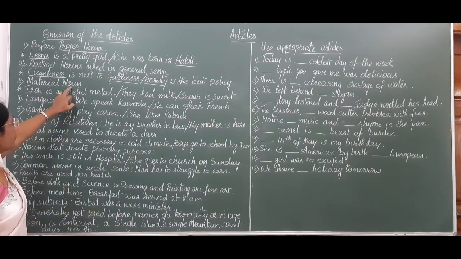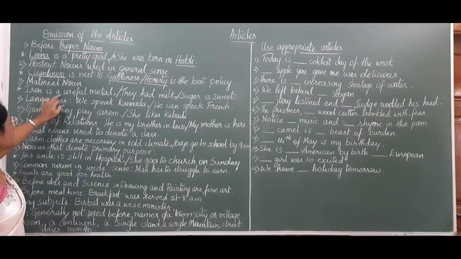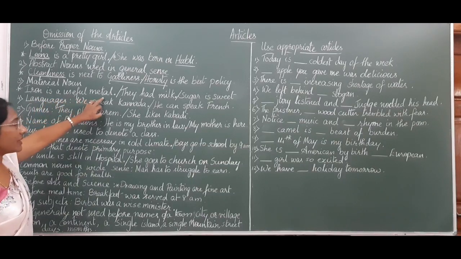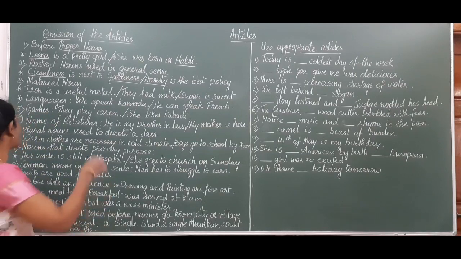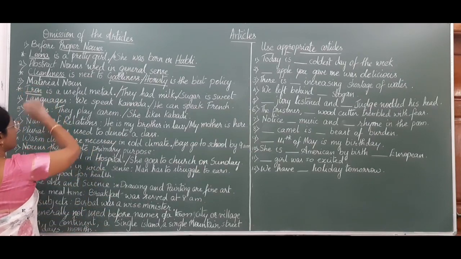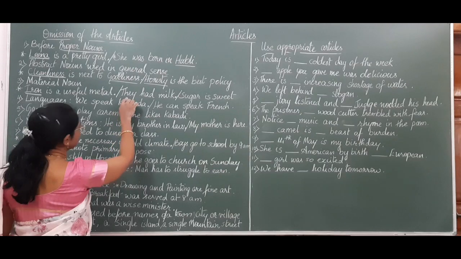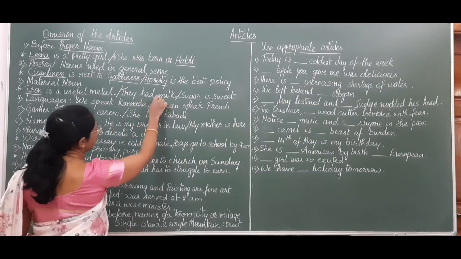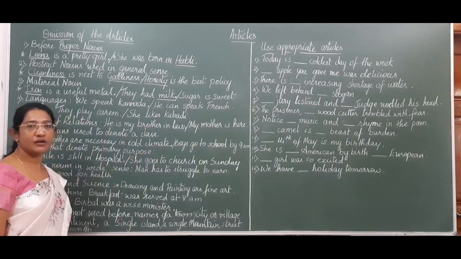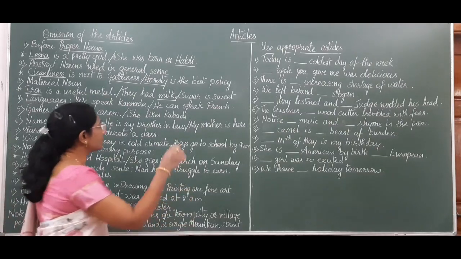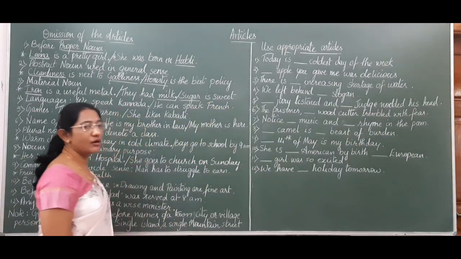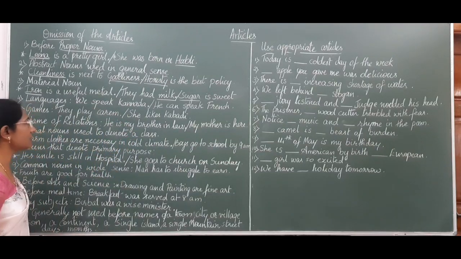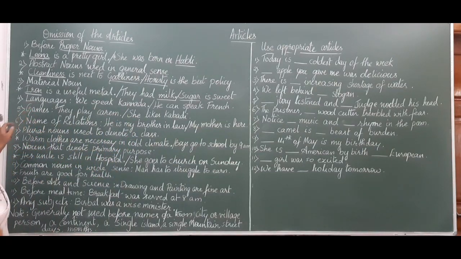Before material nouns, for example, iron is a useful metal. So the material noun iron doesn't take an article. They had milk. No need of an article before the material noun milk. Sugar is sweet. No need of an article before the material noun sugar. Next,